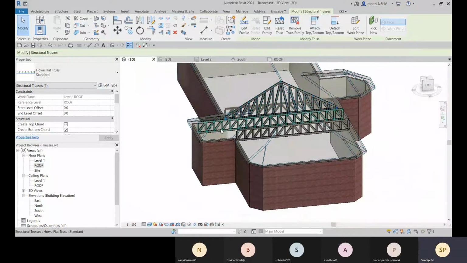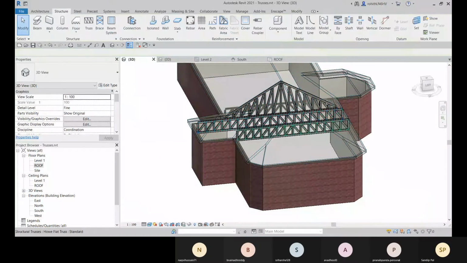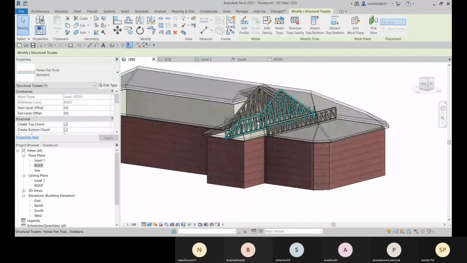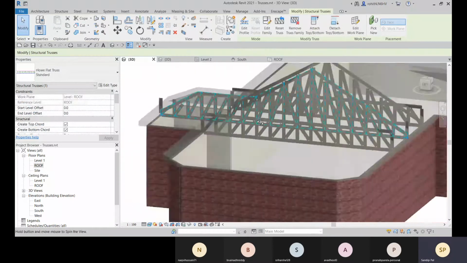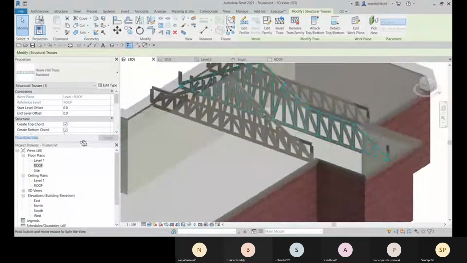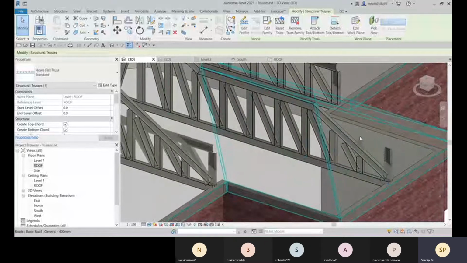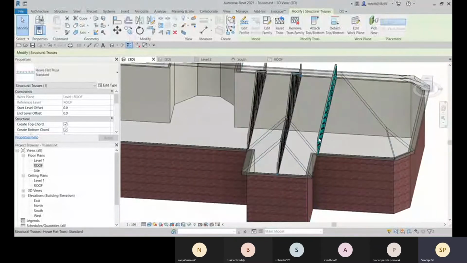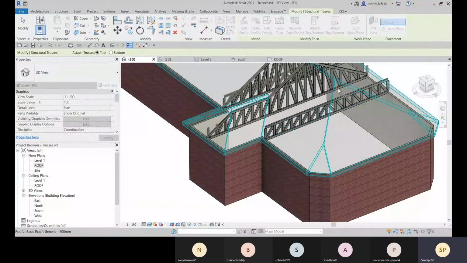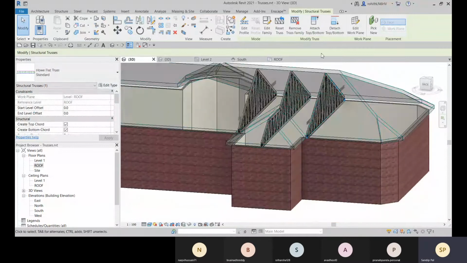We do the same for this also. Select it, go for attach top or bottom, and select this top. And there you can see. Okay. So there also we need to adjust some. All right, so no problem with that. Here I will go this attach top or bottom, and I will select this as top. Okay.